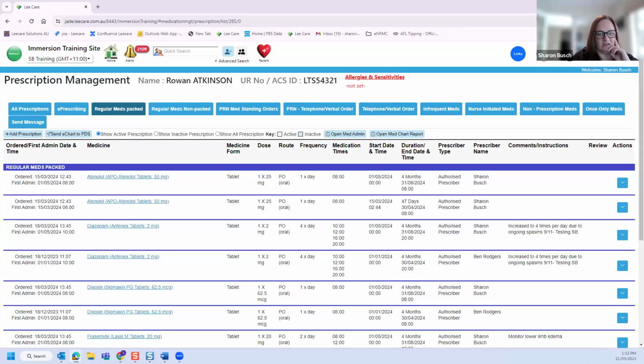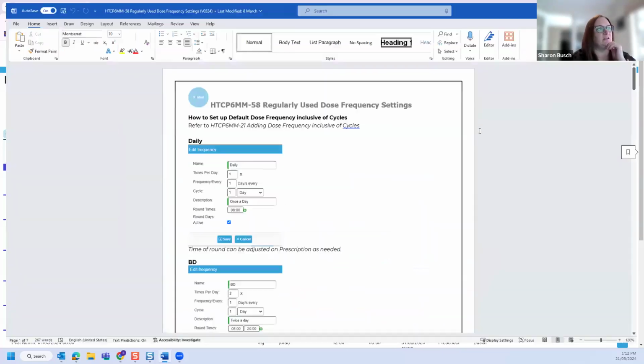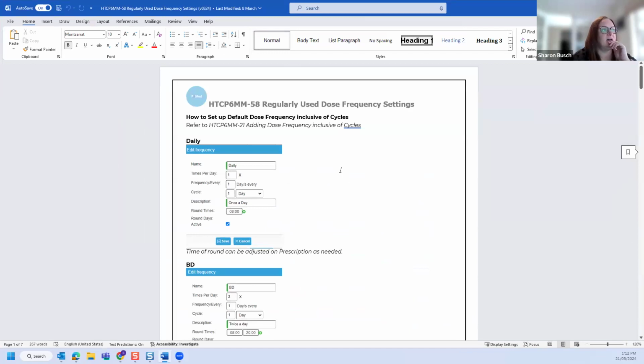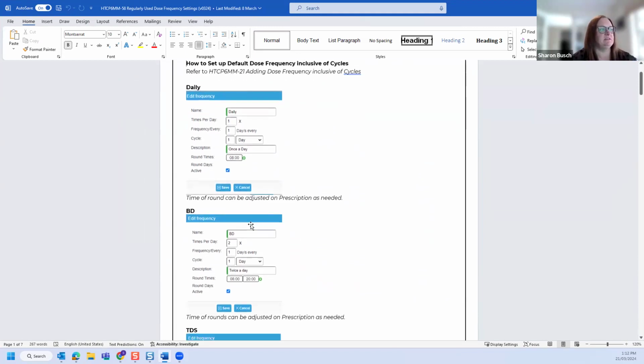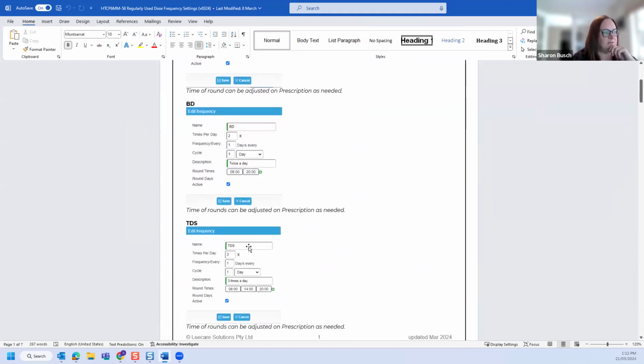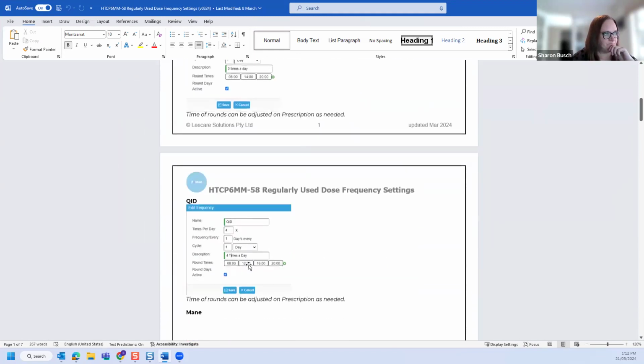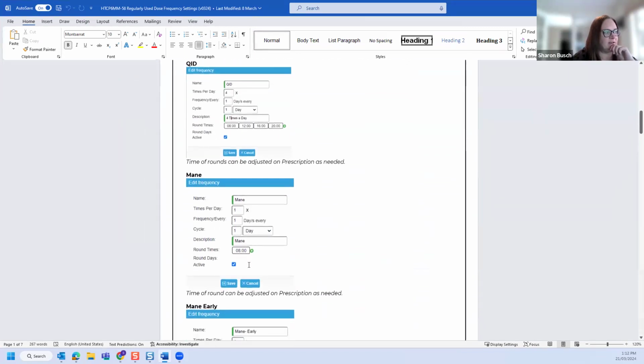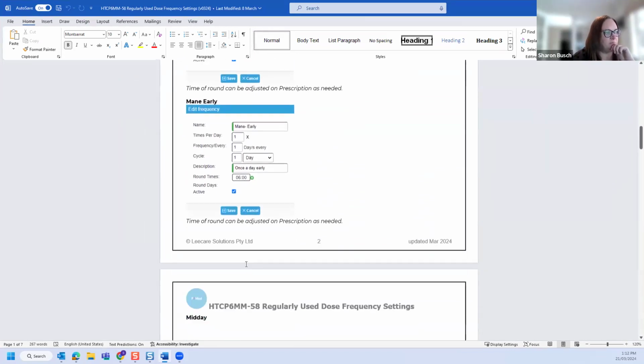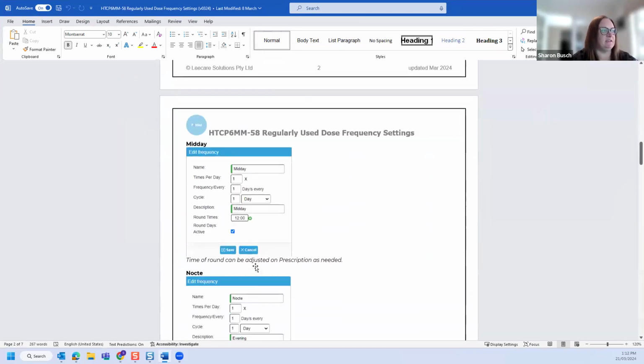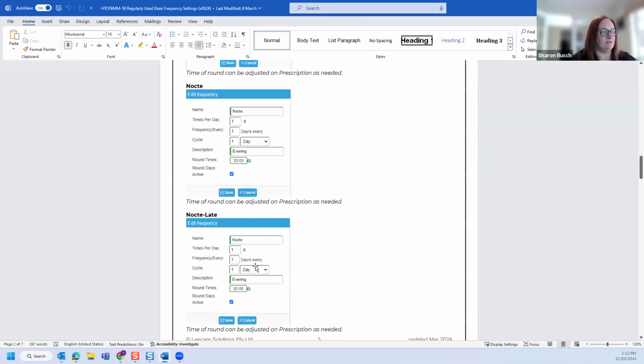And we've just created a how-to card also that will be uploaded to knowledge base later today. Just wanted to show it to you with about the top 15 regularly used dose frequency settings, just to give a guide for facilities to know how to set them up. So we've got some pretty regular ones, obviously daily, BD, TDS, QID, and then a Mane early. We have a midday, a Nocte late,